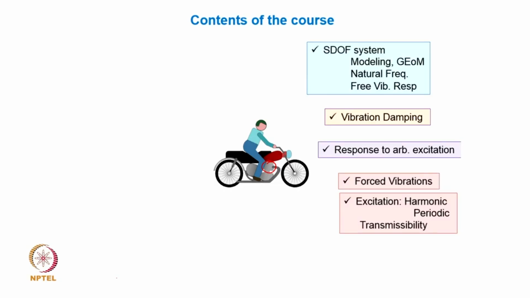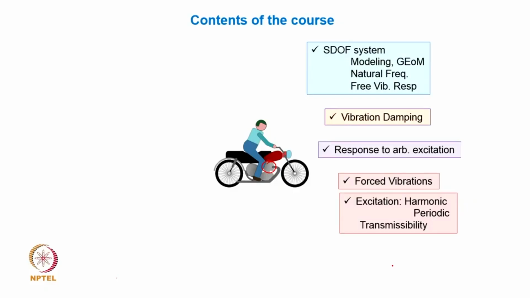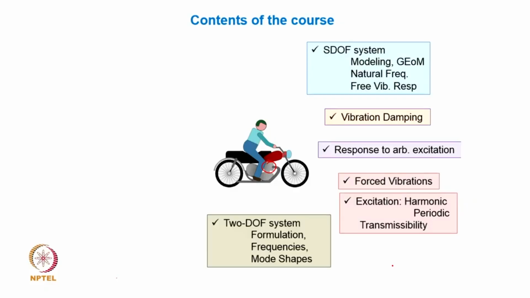So, although practical systems are more complex than what we model them as, it is imperative and important to understand the single degree of freedom system inside out. So, I shall devote sufficient time to the single degree of freedom system, so that the subsequent discussion is properly followed. The next topic is going to be migrating to more than one degree of freedom system, and I think